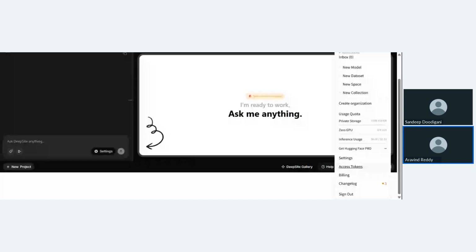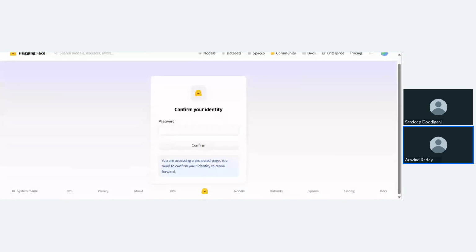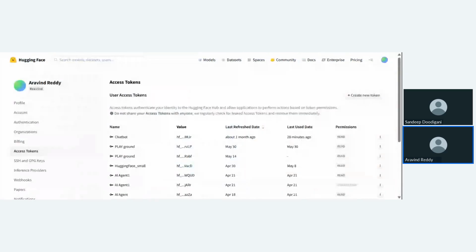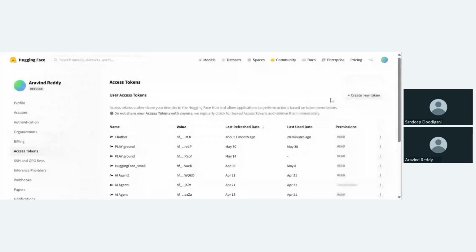So click on the token. It will ask you to give your current password. I'm going to use my password for security reasons. So I'm using my password, and I have created these many API keys. If you want to create a new token, give the name. So generally, while you are dealing with